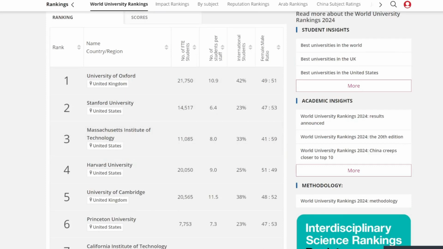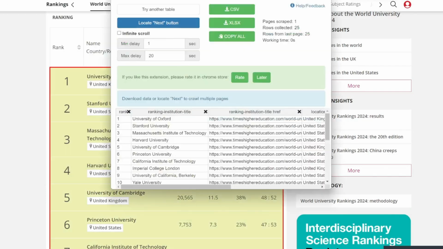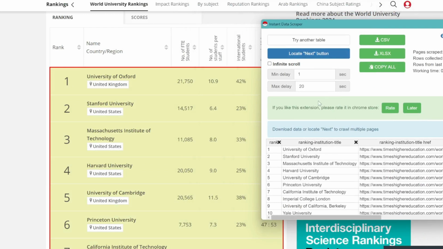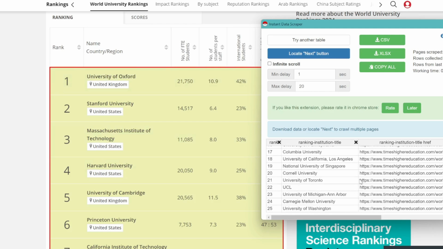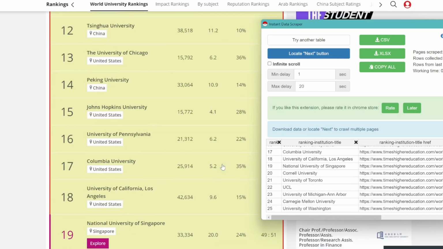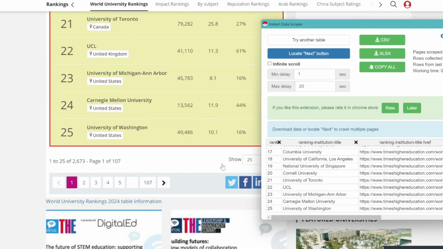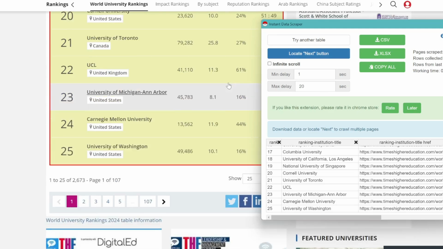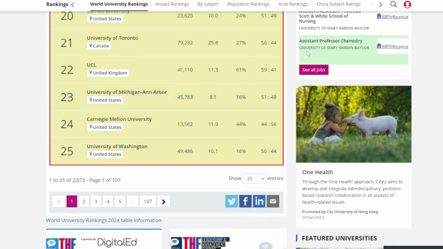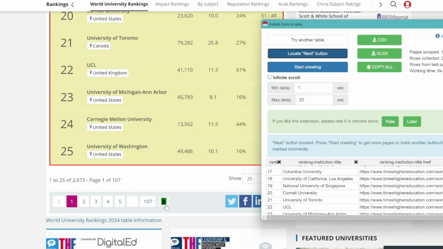So let me show you how this works. You can see once you open the extension, it already detected this table for you. Super cool. Now you can only see 25 results because that's the first page, but that is okay. We can locate the next button, which is here. So we click locate next button and then click this. You can see this button is now highlighted, so it knows to click this after it has reached the end